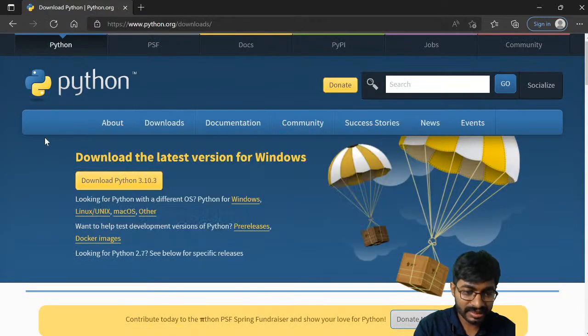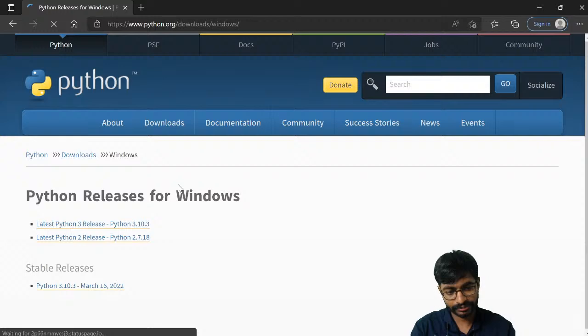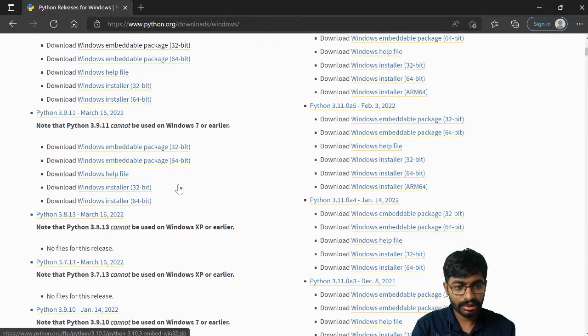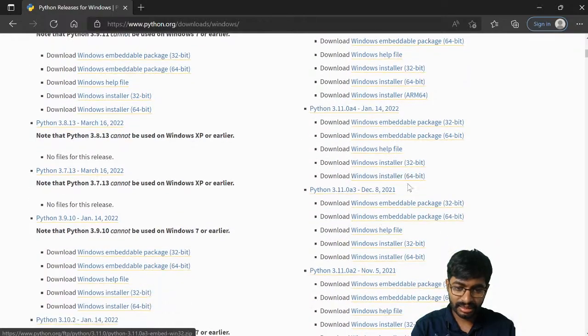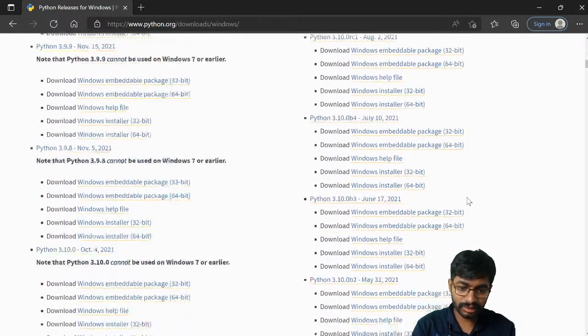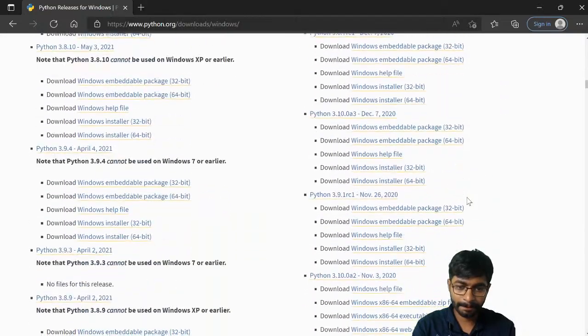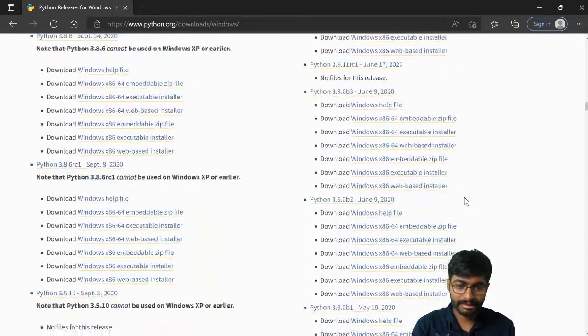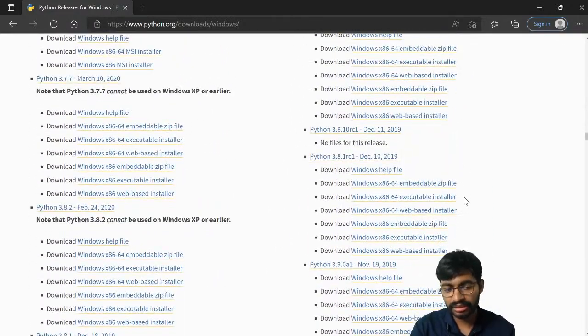The latest version is 3.10.3. If you want any specific version, you can go to the downloads for Windows. Click on the exe file, the 64-bit installer. Select a downgraded version, not the latest.